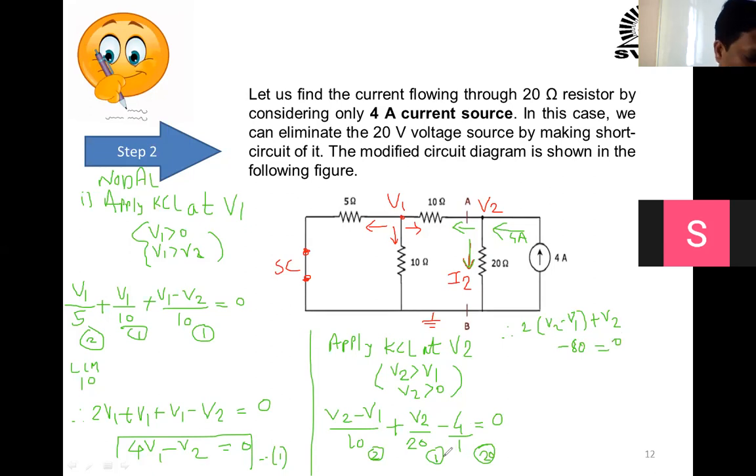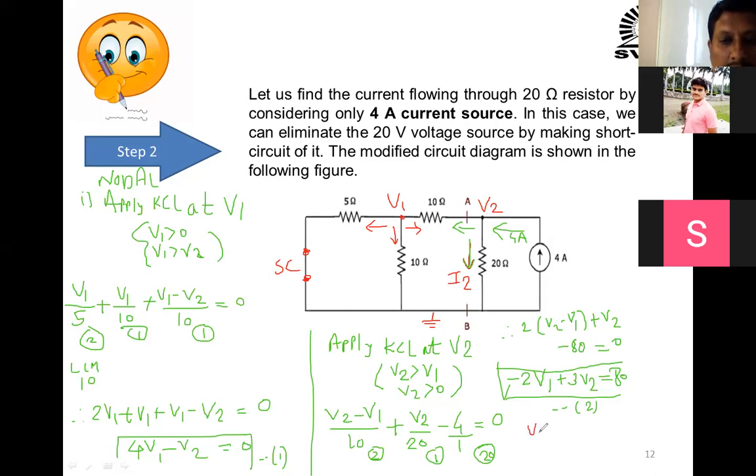The denominator 20 is gone, but when it goes to the right hand side and multiplies with 0, it becomes 0. So the V1 term is 2 into minus V1, that is minus 2 V1. 2 V2 plus V2 gives plus 3 V2. But minus 80 goes to the right hand side and becomes plus 80. So this is your equation number 2. Take a calculator and solve. You can get the answers for V1 and V2. Please tell what the answer for V1 and V2 will be.